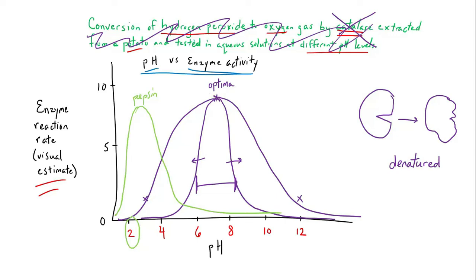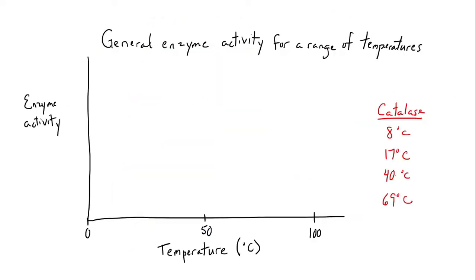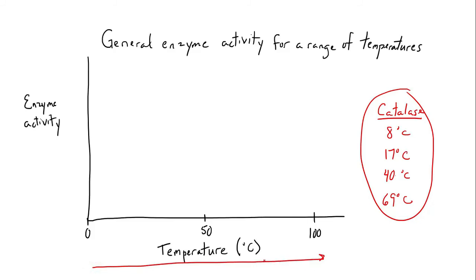What about it for temperature? Let's explore that for a moment. As for the catalase lab, we tested these temperatures, but again, we want to have our number line, our x-axis, drawn out proportionally, so equal spacing between 0, 50, and 100. So we tested about 8, and so that had a fairly low activity. 17 was just a little bit more than that. It had a higher activity. 40, that's about in here, had the highest activity, but by the time we got to 69, then we were at basically